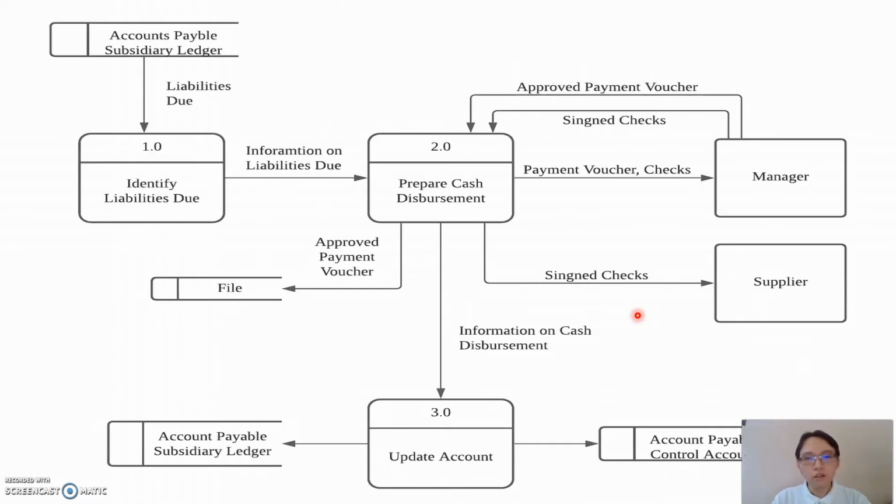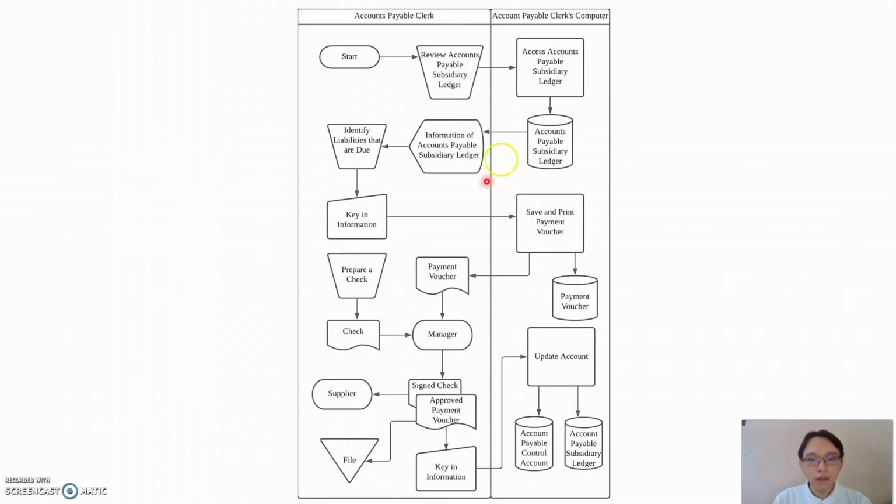This is the logical data flow diagram for the cash disbursement system of the Sampin and Songket enterprise. There are 3 processes. First, identify liabilities due. Second, prepare cash disbursement. And the third and last, update the accounts. To know the details about the cash disbursement system, we will look at the flow chart. At the start,